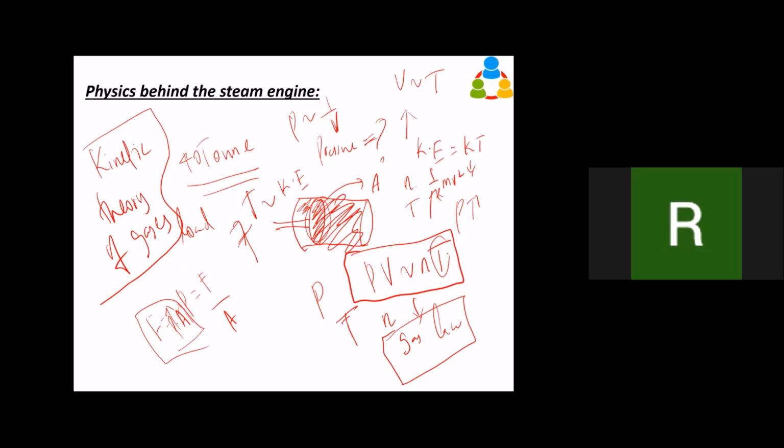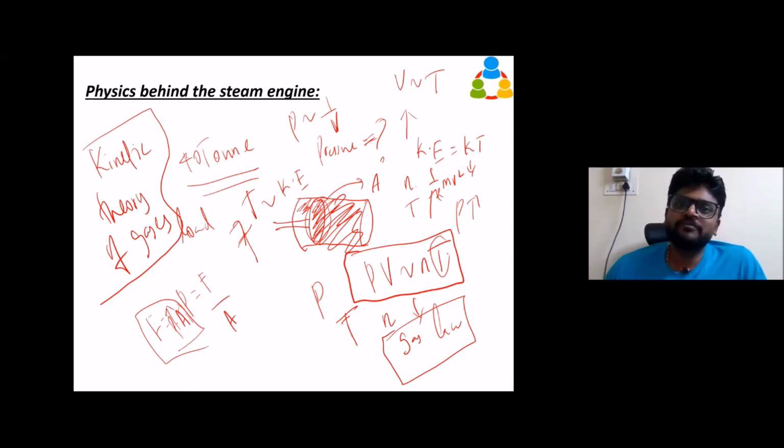Sir, instead of pulling the 40 tons, we can add a connecting rod to the next wagon's wheel, right? If you add the connecting rod, the force is same, no? If you are producing only 1 ton force in your cylinder assembly, that rod can pull only 1 ton. Since it is a direct displacement, if you want to multiply the force, then you have to use simple machines, like a gear wheel or something like that. Those can multiply the force, but the power you can't multiply. The power is the same.